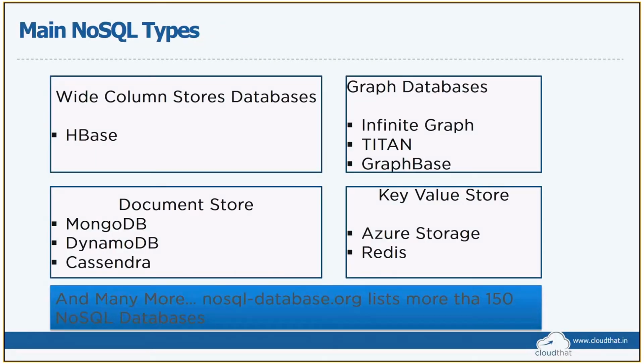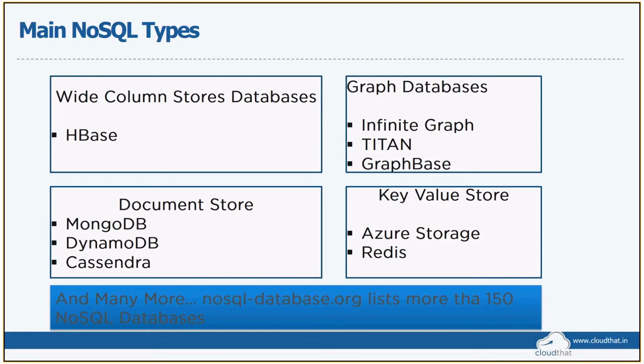There are various types of NoSQL databases. In general, they are divided into four: wide column stores, graph databases, document stores, and key value stores. Key value stores are something that industry has been working with for quite a while without even knowing that they were NoSQL databases. Look at Redis, an in-memory data caching system where indexes are stored inside memory. Even database indexes, for that matter, are key value pairs stored inside the memory, and they're very good with scanning through them.